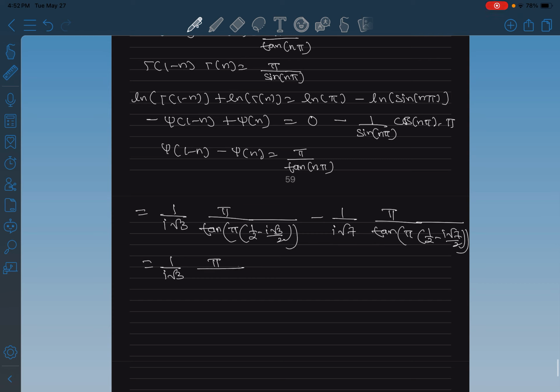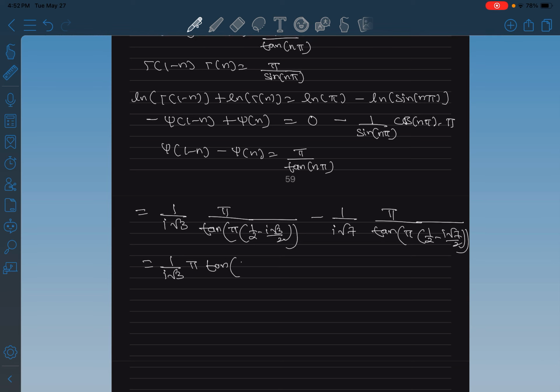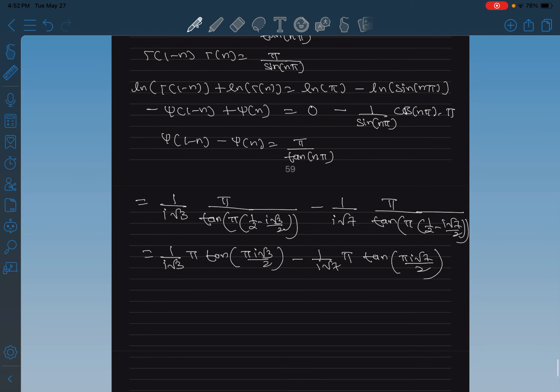So this is tan of pi by 2 minus something. So we know that becomes cot. But again, if I take reciprocal of cot, that again becomes tan, right? So this becomes tan of just pi i root 3 over 2, right? Minus 1 by i root 7 pi times tan of pi i root 7 over 2. Now I know that tan of i theta is just i times tanh of theta. So that this becomes i pi tanh of pi root 3 over 2 by root 3